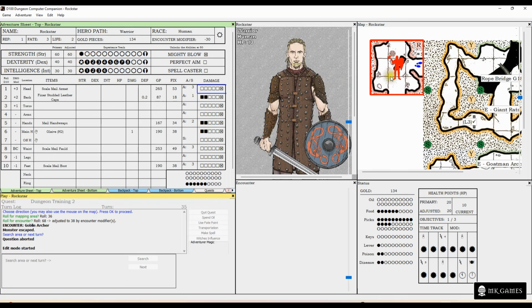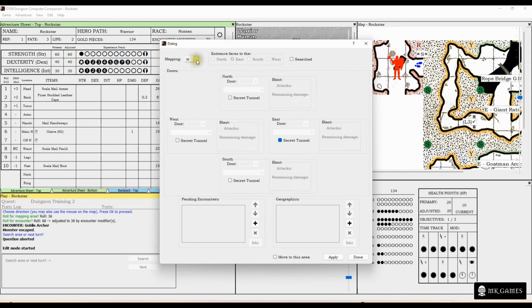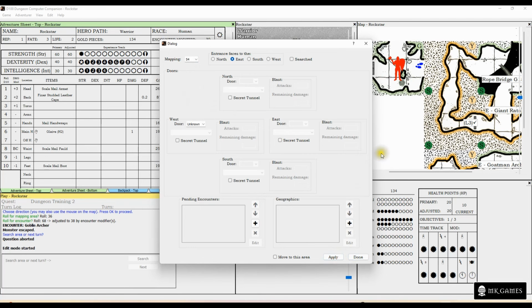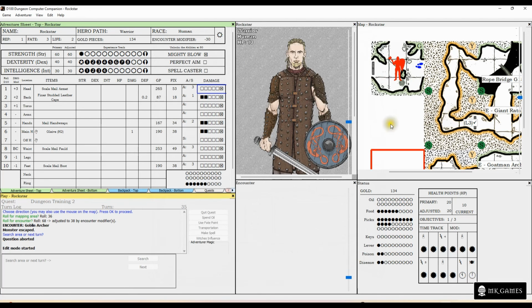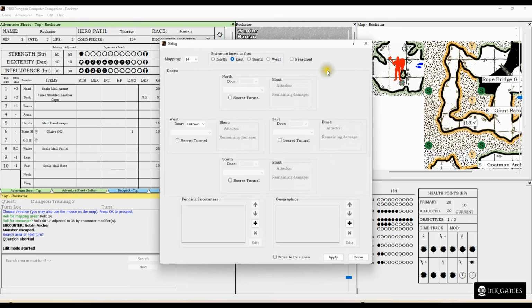But let's say it was this one. We can click on there and there are certain things you can do. Let's say it was area 54 I should have added. You can change that and apply it that way, and then click done. And you might think, well, I made a mistake there, but I should have really added the area with the geographic feature. So we can go ahead and add a geographic feature to that area